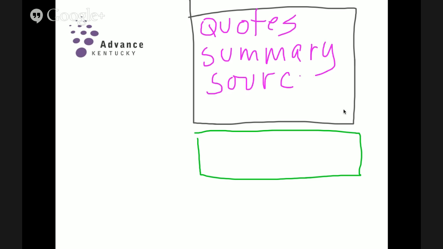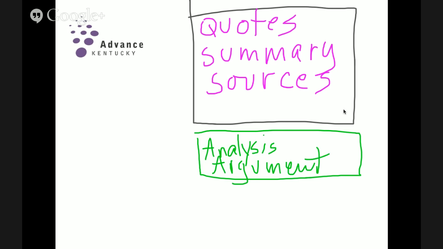And then let's say this part is your analysis or your argument. If that's what your essay looks like, then your essay is not balanced. Your essay is way unbalanced in the wrong way. When you have so many quotes and so much information that you're summarizing from the sources, and then you only have this much that's your actual argument or your analysis, there isn't enough analysis there to override how much you've said about the sources.